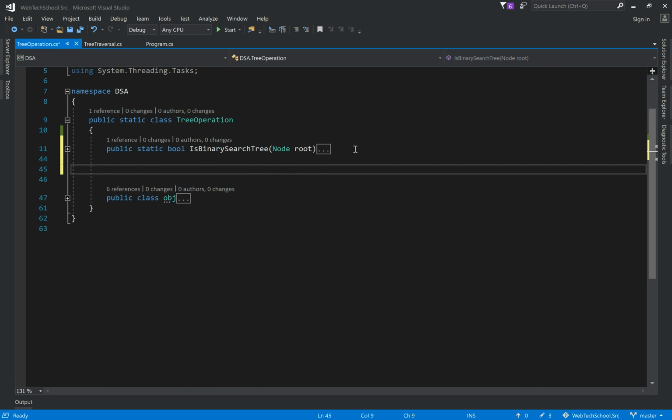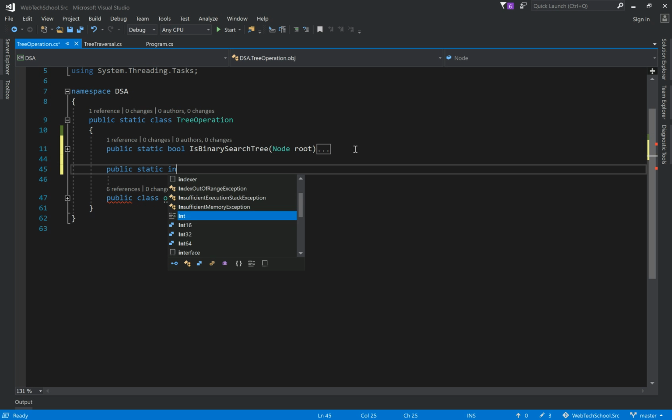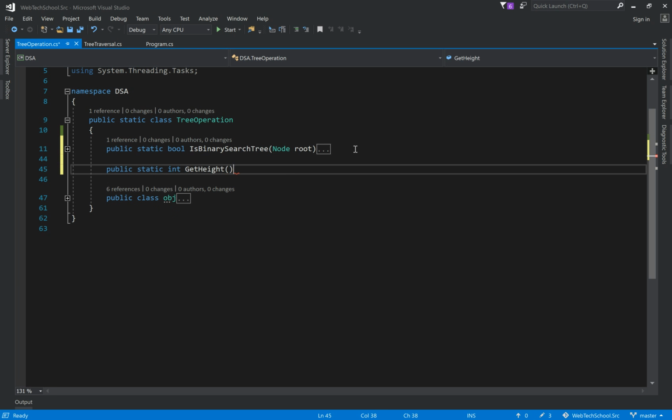Let's call this public static. This is going to give us back the height, so the return type would be integer. Let's call it GetHeight and pass the node value to it. This is my root node.